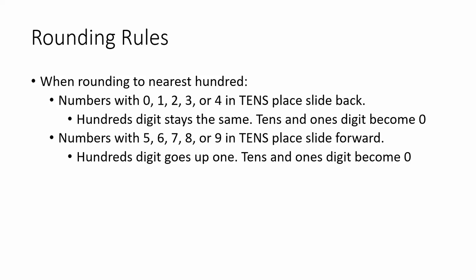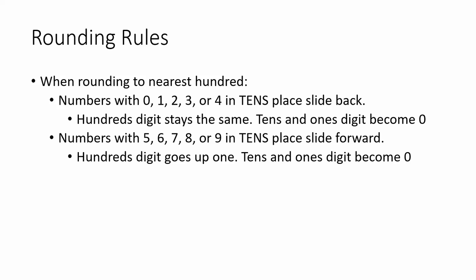While you can always draw your own peaks and valleys, it's good to know the rules so you can often do this without a drawing. So when we round to the nearest hundred, we look at the value in the tens place. If there is a 0, 1, 2, 3, or 4 in the tens place, we're going to slide back to the previous value. This means that the hundreds digit will stay the same, but the 10 and the 1 will